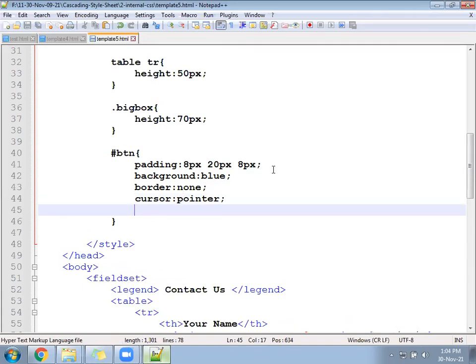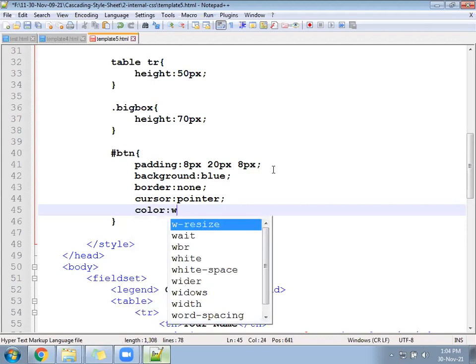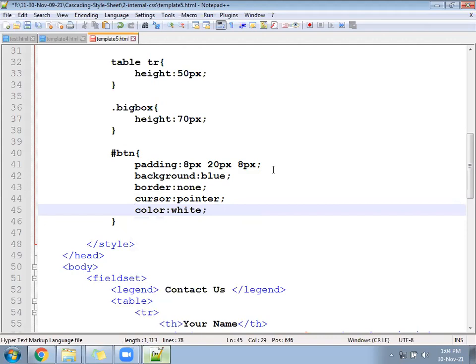After that, color should be white. Check now how the button looks. Background should be blue color. Color should be white color. A little more height and wide. And when the cursor goes there, it will convert into a pointer symbol.